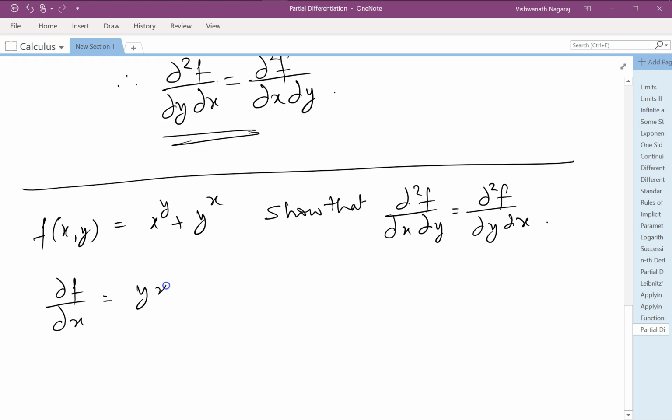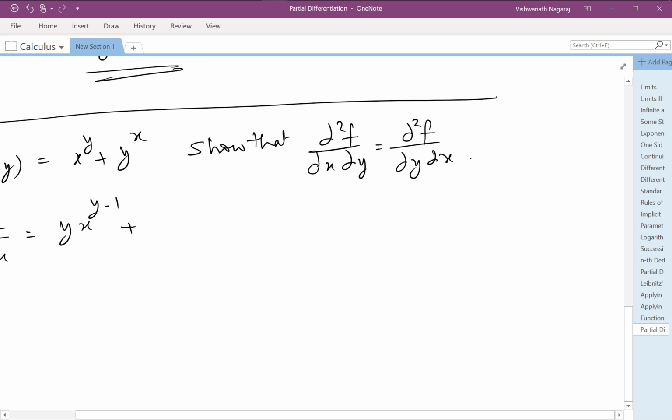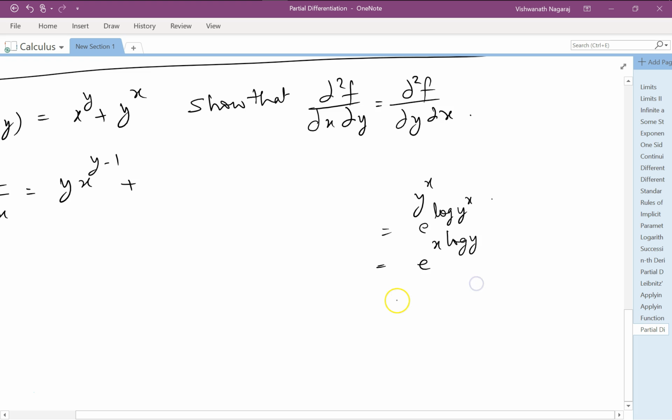y x to the power of y minus 1 plus, now y to the power of x would be what? Here, y was constant, so we could apply this rule, but here, how do we take care of this? y to the power of x can be written as e to the power of log of y to the power of x, which can be written as x log y. Now when we differentiate this, let's say this is A equal to,